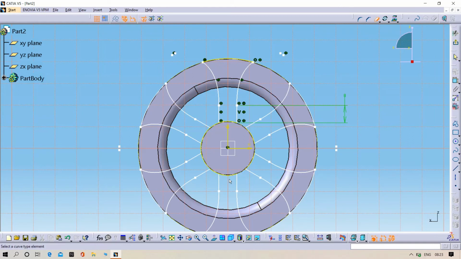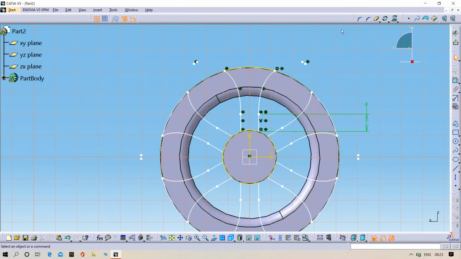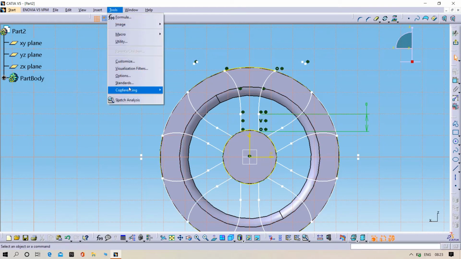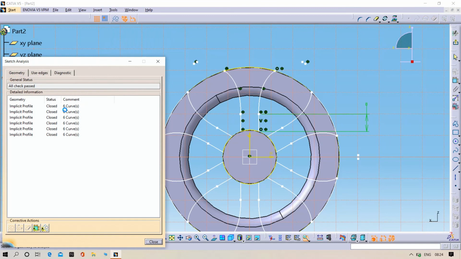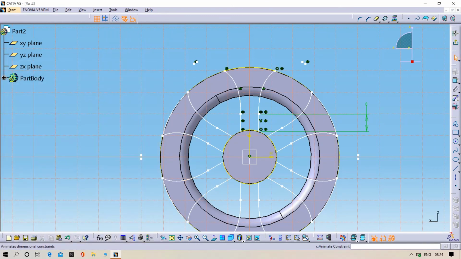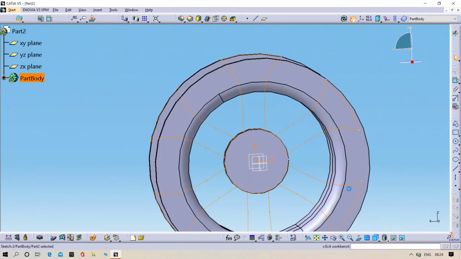Then try the sketch analysis. Everything is closed. Then exit from the workbench.